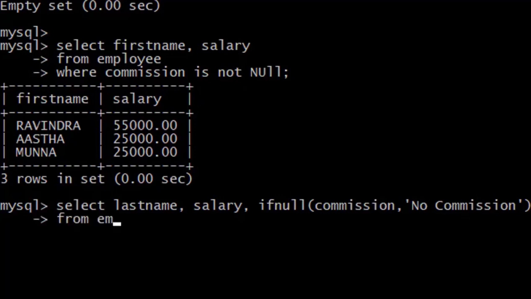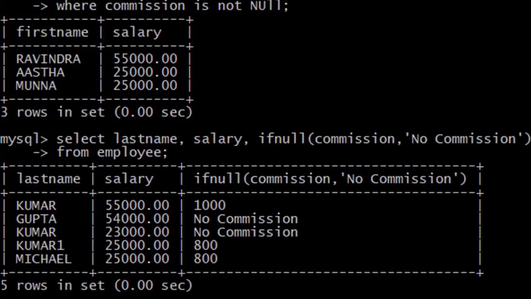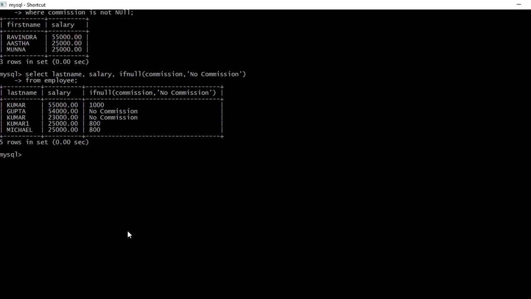Now look here, there are 5 records, and in the place of null it is showing no commission. So I hope you understood the function of IFNULL. IFNULL is used to eliminate null values.